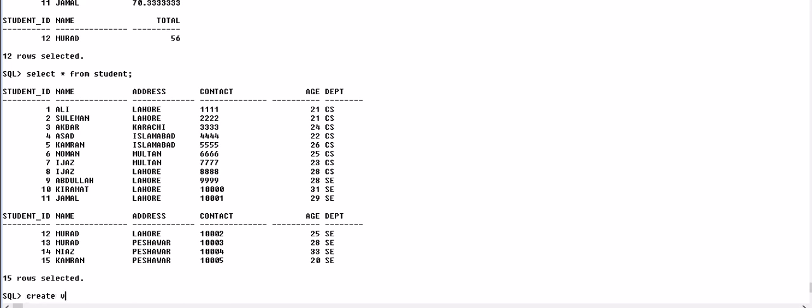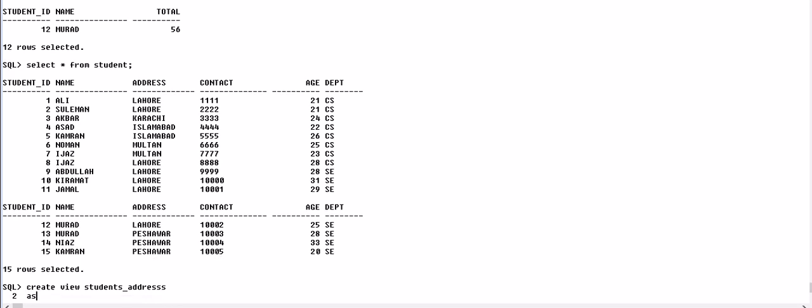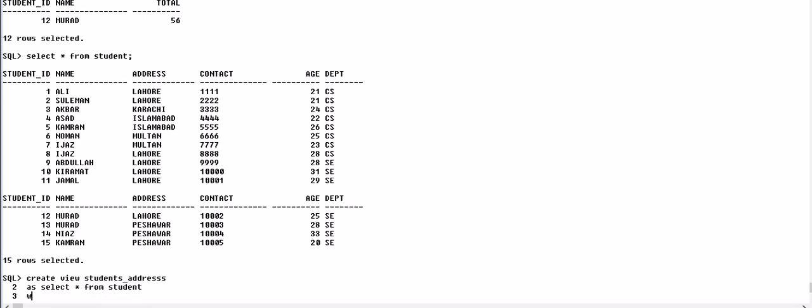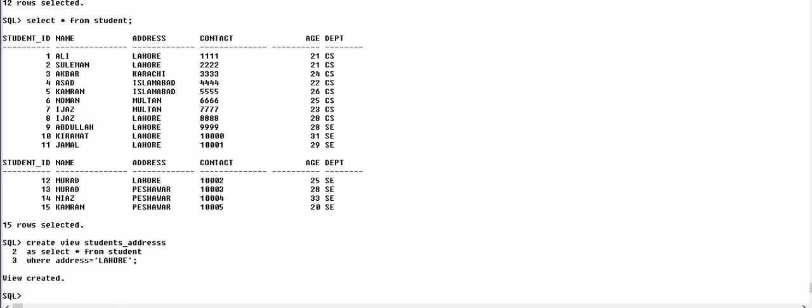So create view students address as select star from student where address is equal to Lahore. View is created, so select star from